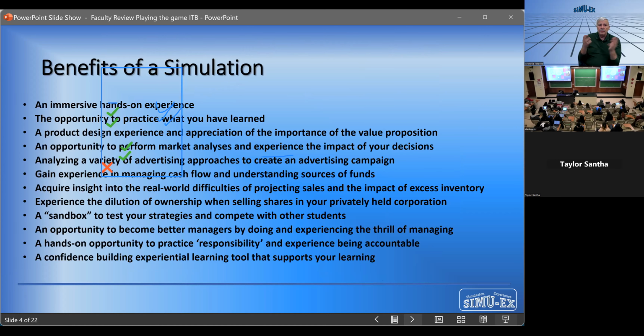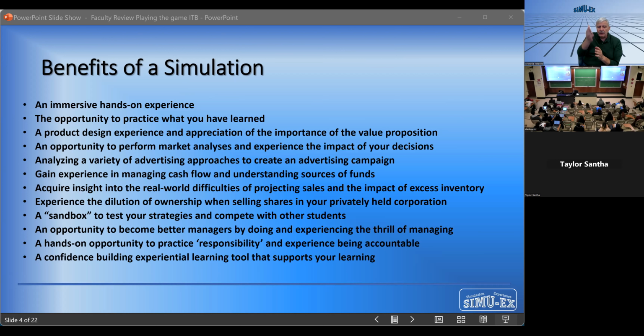And so as we continue through this, here are some of the benefits that we have associated with simulations. First and foremost, they allow you to practice what you are learning without having any of the risk associated with those efforts. So if your decisions are poor, they're not going to hurt you economically or financially. Your reputation is not going to be harmed. Your brand is not going to be damaged. So the beauty behind simulations is they allow faculty such as Dr. Laskowski to employ them in their class to give you an opportunity to practice what he is teaching you.